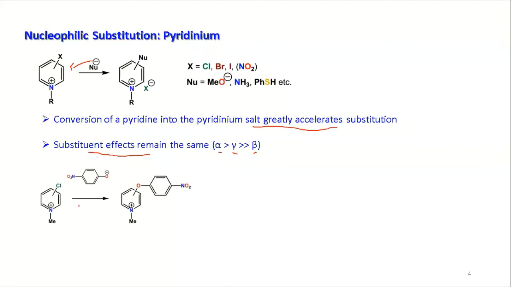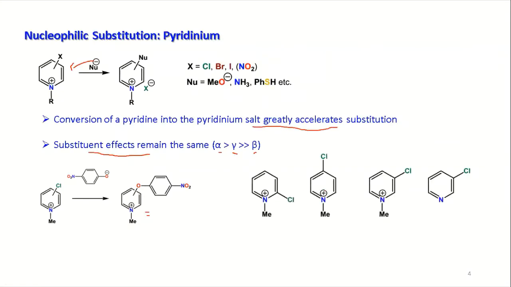Suppose we have this N-methoxy pyridinium system. We have the chloro, alpha, gamma, and beta positions. You are reacting with the phenoxide. So what is going to happen? Definitely the chloro is going to be substituted with this group, and that is here. What will be the relative rate? So you have different substances now. You are reacting, and let us look at the relative rate.